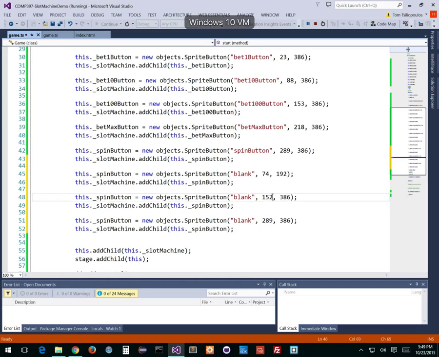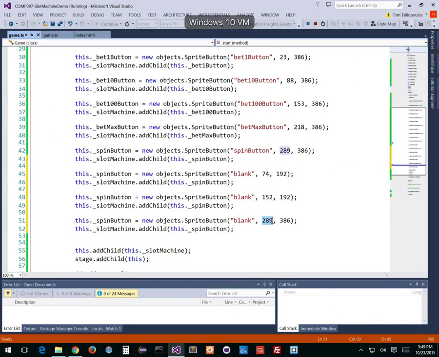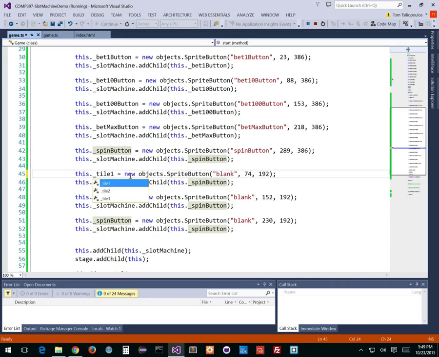Again, I'm just setting up my UI here. And then we're going to tie it in together if we have time today. 230, 192. All right, and I'm adding in, it's not going to be the spin button, it's going to be tile 1, tile 2, and so on. So this is tile 1, and I'm just going to copy this thing and go here,